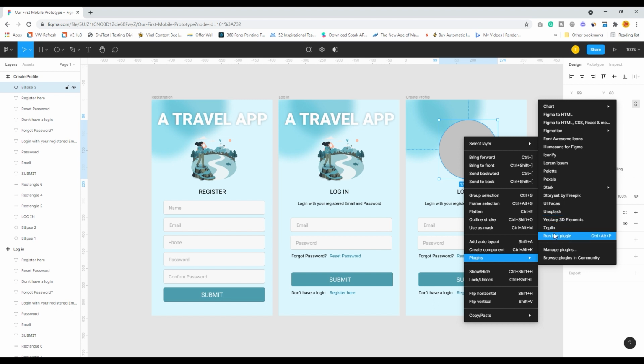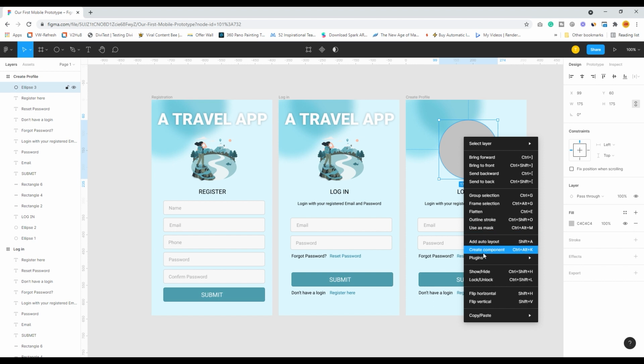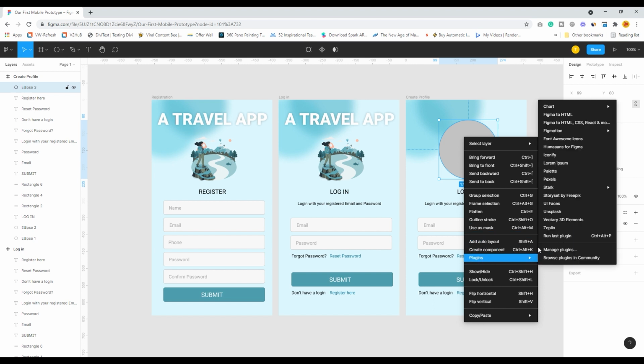Last time when I imported the vector image, I used this particular plugin called Storyset by freepik.com. Now I will also import a realistic portrait photograph of a person, so that it denotes that this app is registered by this particular person.